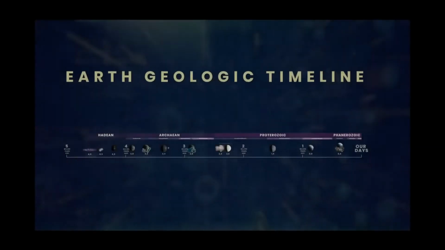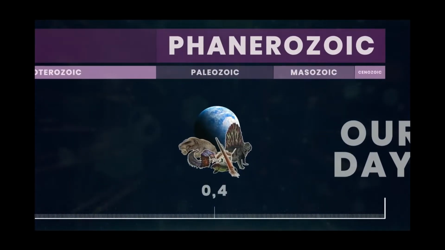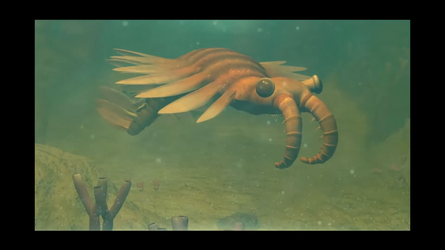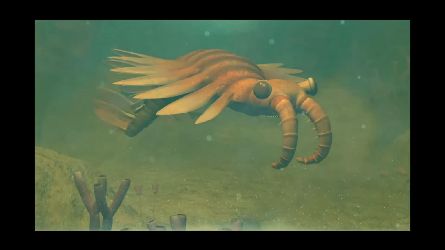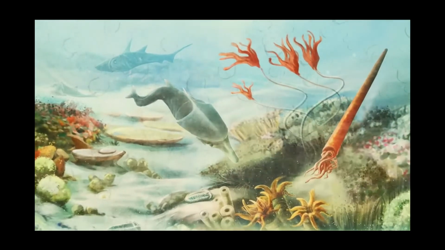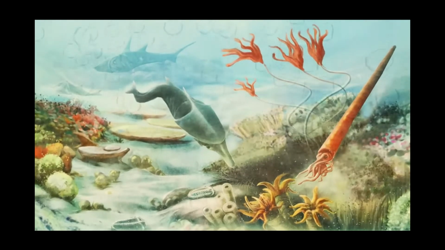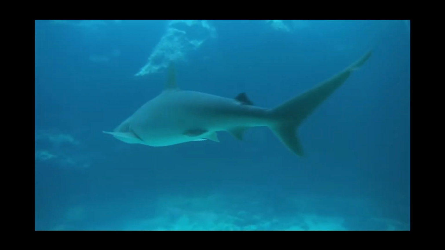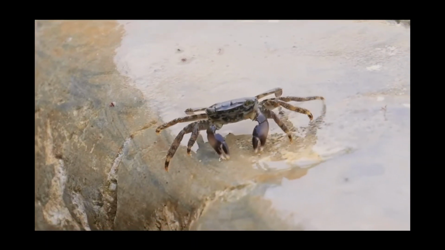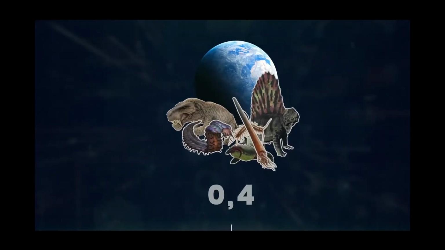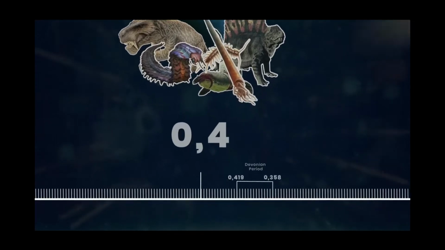Fast forward to the Paleozoic era. Complex life forms began to develop, including fish, arthropods, mollusks, and echinoderms. Plants started to show up on the surface of the Earth, and air-breathing animals started to walk, crawl, and slither on land. Meanwhile, sharks, horseshoe crabs, and starfish began to fill the oceans. At the beginning of the Devonian period, insects started to take form, and ferns were the common land plant.